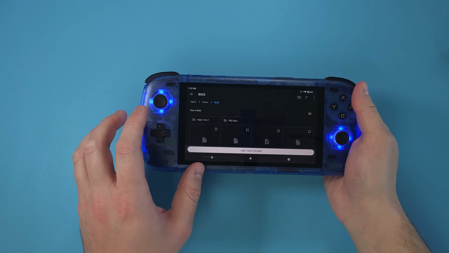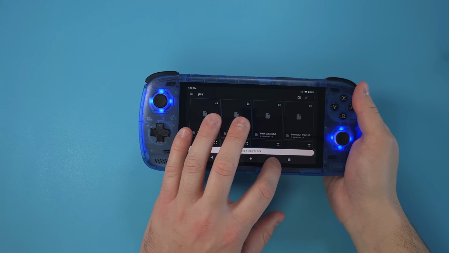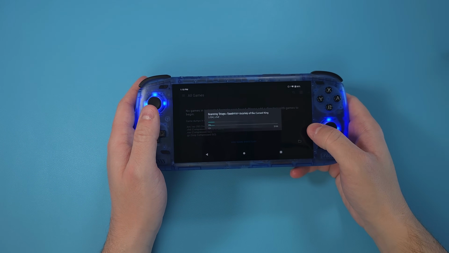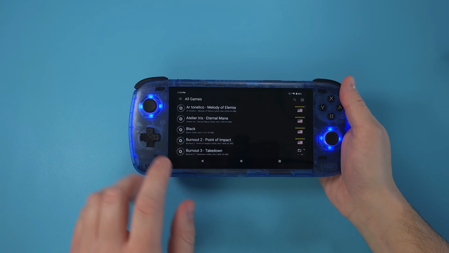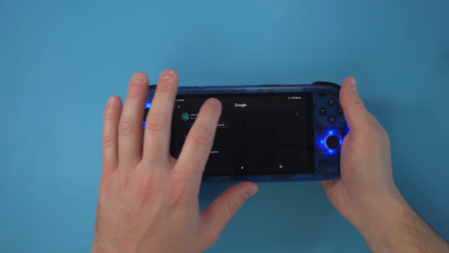Next, game directories, ROMs, PS2, use this folder, allow, next, and finish. Let it scan for all of your games. Perfect. Now, what you want to do here, and this might be different for everybody because sometimes it doesn't actually happen,